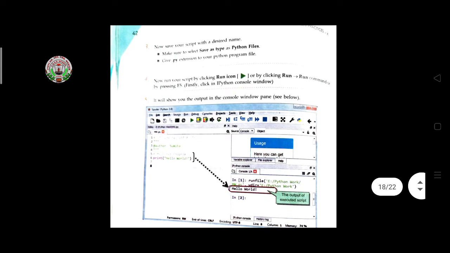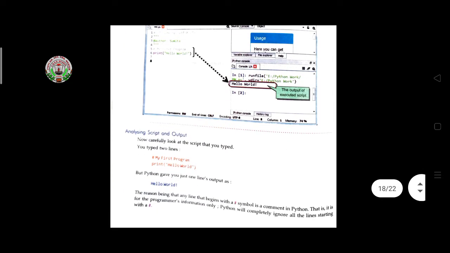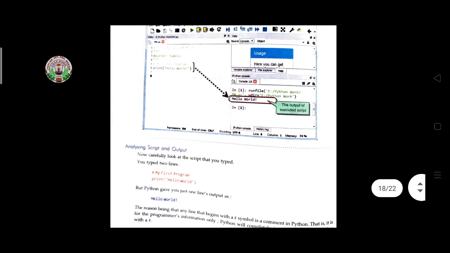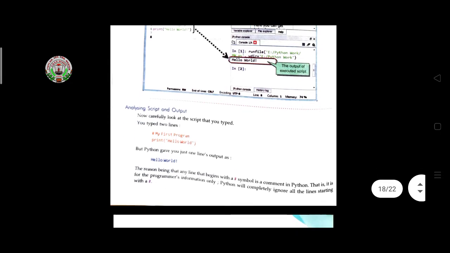You have to press that run icon, or press the F5 function key. Then it will immediately compile, run and show the output. The output of the executed script is given here. See how to write the code and how the output will display.